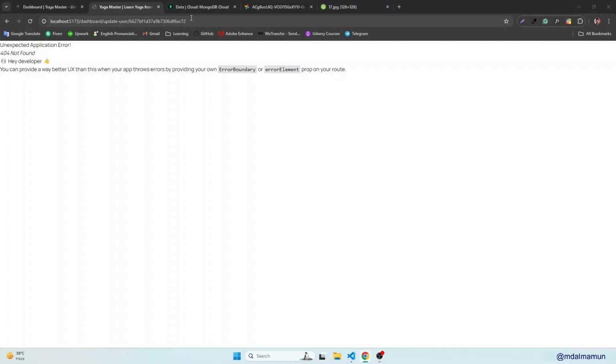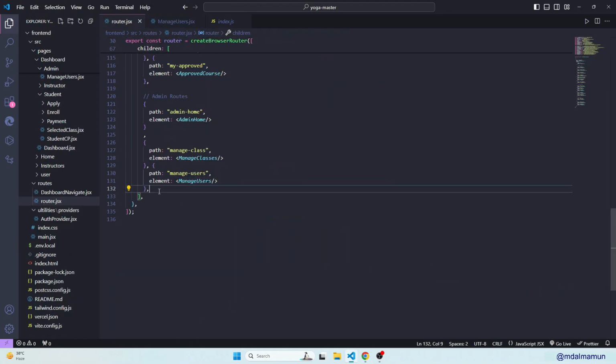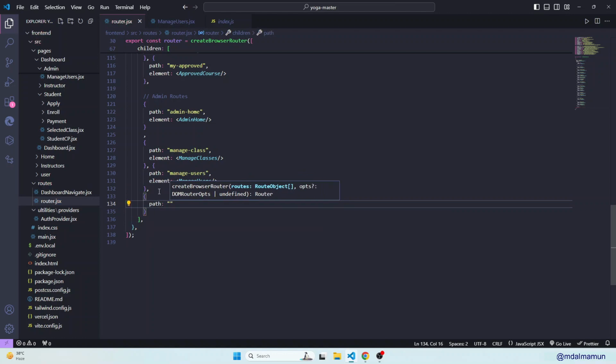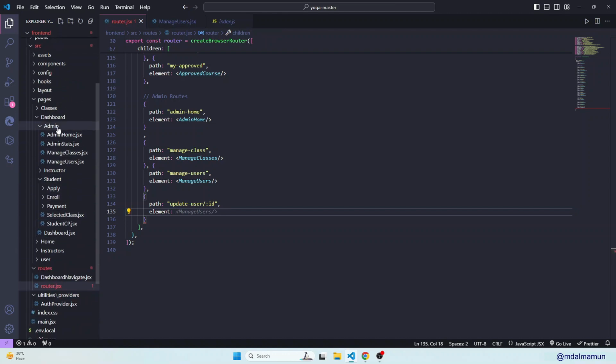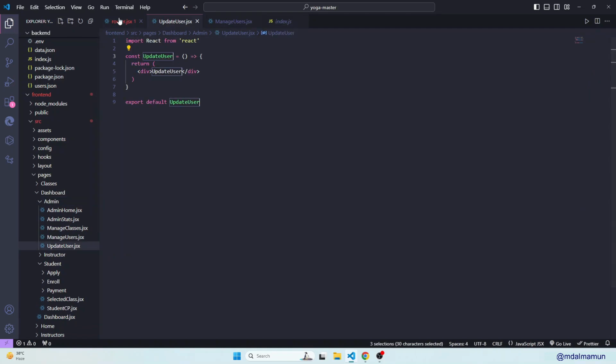So for this actually we will copy this and let's create a new route here. After this we will have a new route. The path will be something like this. We don't need this, we will define clone id, and after then we will have an element. This element will be update id. So here update user dot jsx rfce, let me input it,